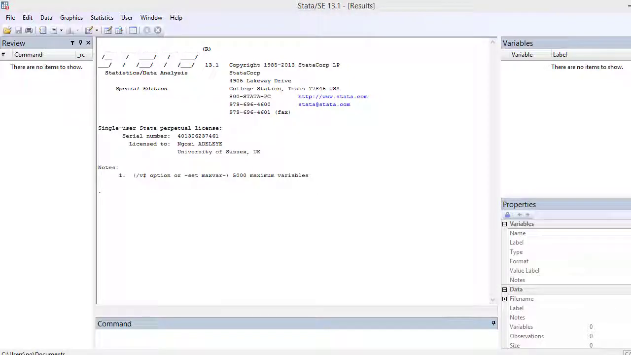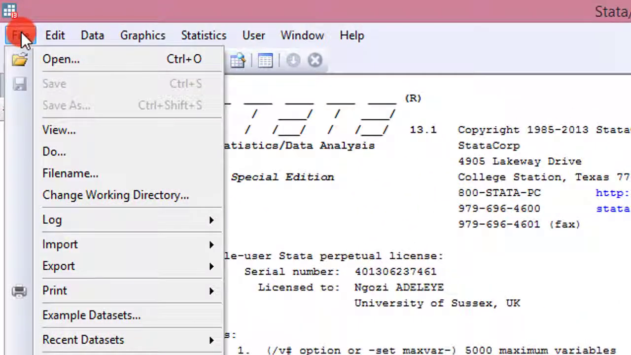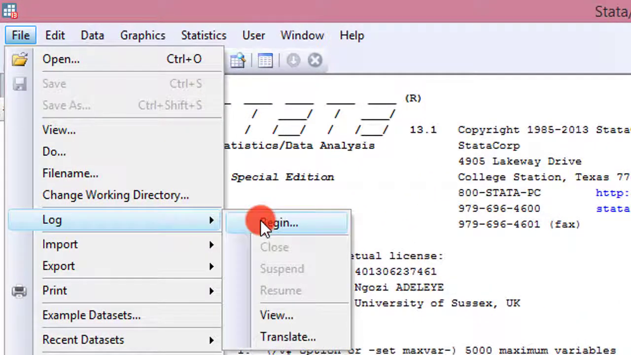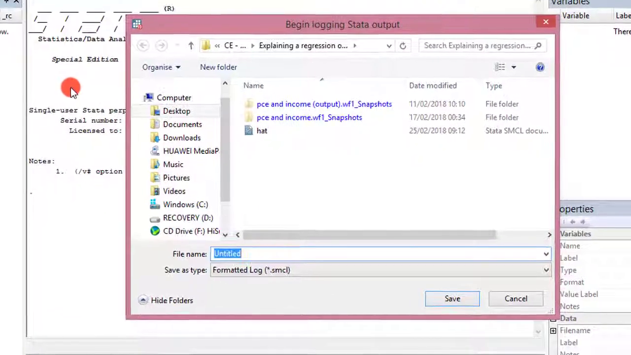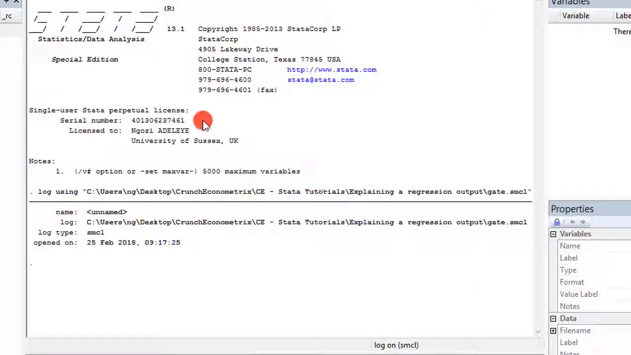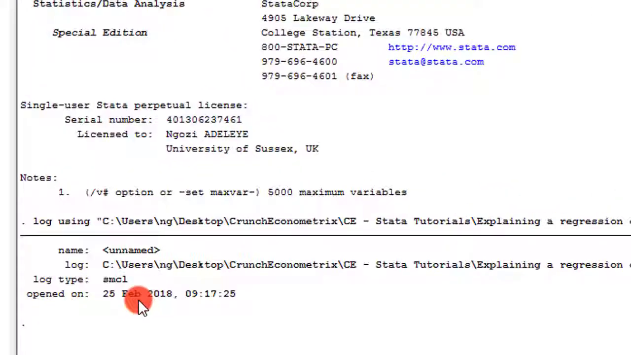As a Stata user, it's important that you have a log file before you start your work. Go to File, click on Log, Begin. You have to give your log file a name. So I'm going to call this one Gate. The log file is a .smcl file. I click Save. So here I can see that I have my log already open for me, today's date and